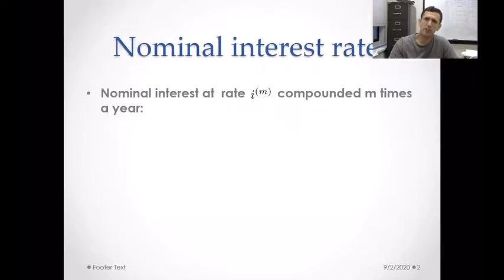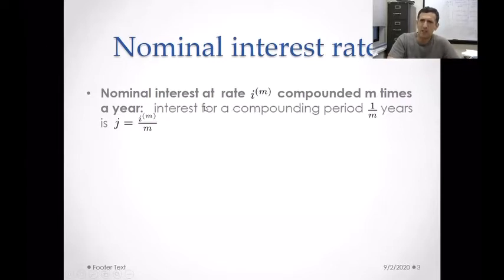I present the definition. So let's suppose I'm given a positive integer m, and let's suppose I'm given a rate I superscript m. I want to emphasize this is not raising anything to the power m, this is just standard actuarial notation, so I'm fairly obliged to use it, even though it does look like you are taking something to the power m. Okay, so the definition of this rate I superscript m